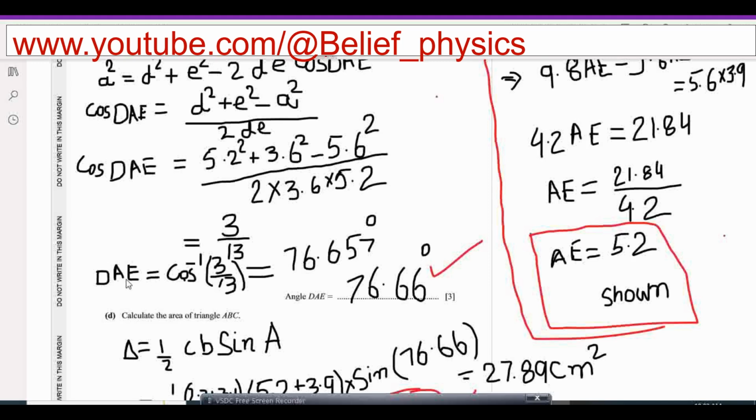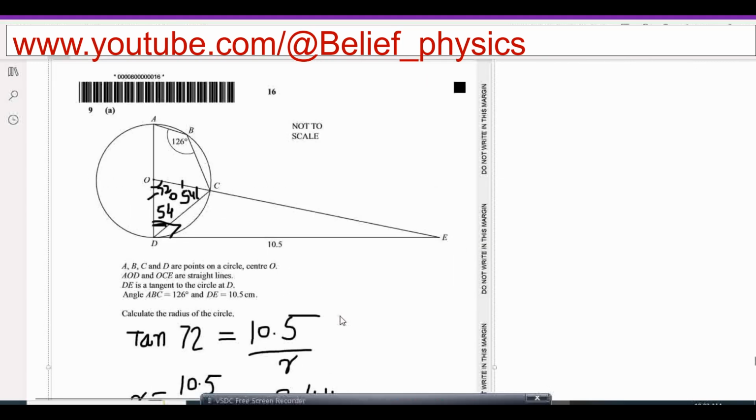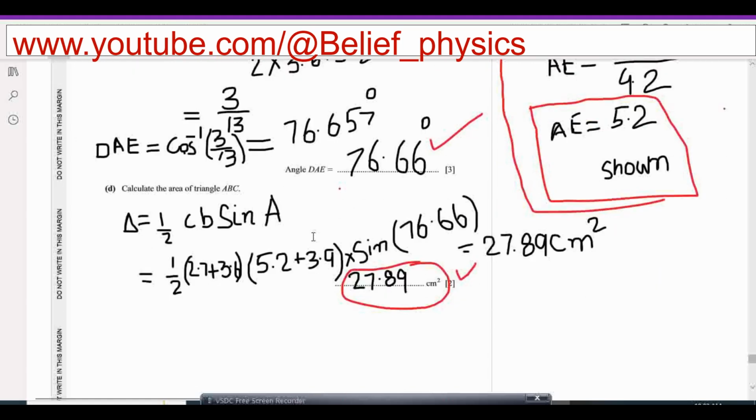Now we have to find the area of the triangle ABC. Again use this angle, which is angle A in the triangle ABC. You can use the area of a triangle as 1 over 2 times bc sine A. Here b and c are the two sides and A is the included angle. From the figure it is quite obvious that c is 2.7 plus 3.6 and b is 5.2 plus 3.9, just as we did previously. If I rewrite it for you,